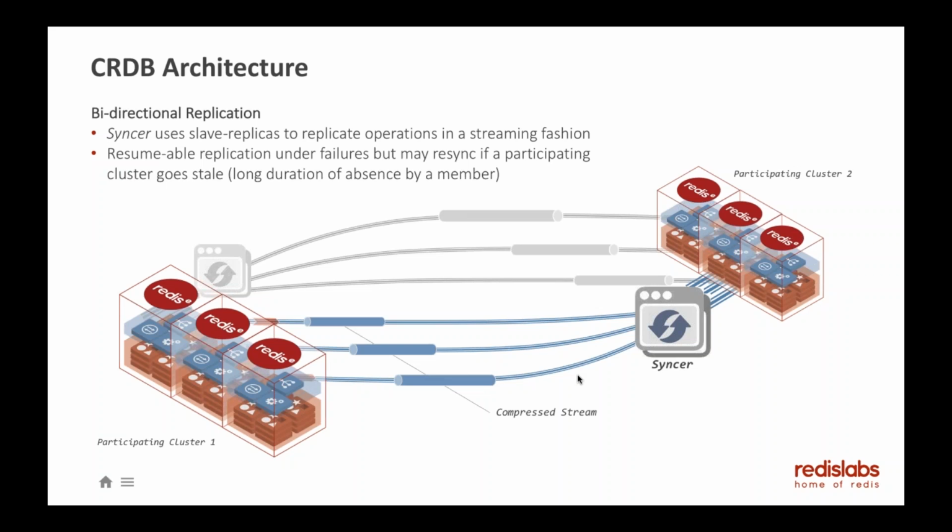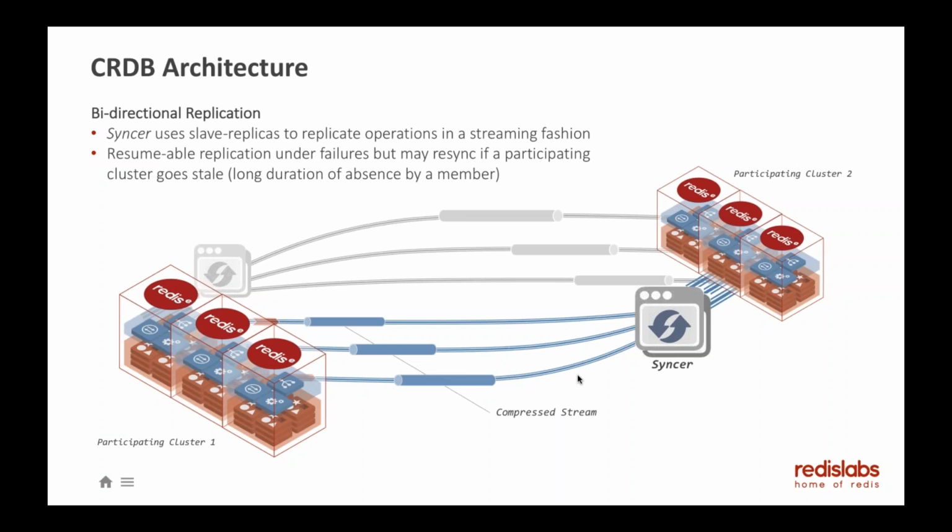Syncer uses the writes as they happen on a given Redis Enterprise cluster to a master shard of your database. And Syncer uses the slave replicas to replicate the information to the remote clusters that are other participants in the